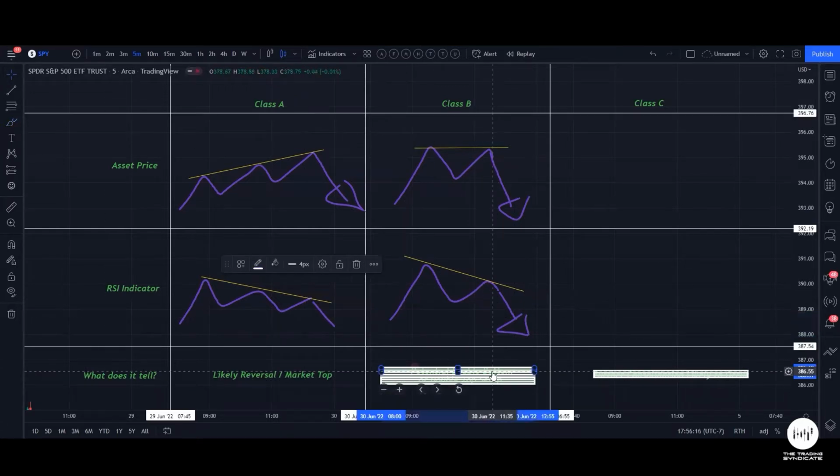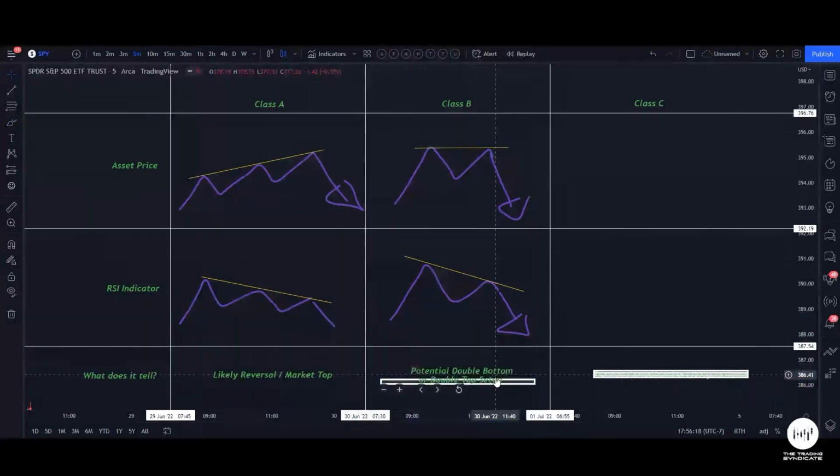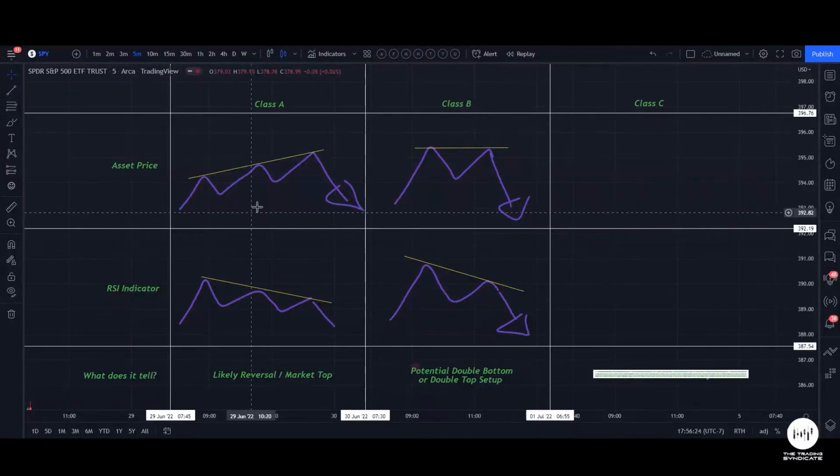So for Class B divergence, this is typically a setup for a double bottom or a double top. Very strong setup right here for a double top or double bottom. This one is for more of just a reversal in general. And for Class C divergence